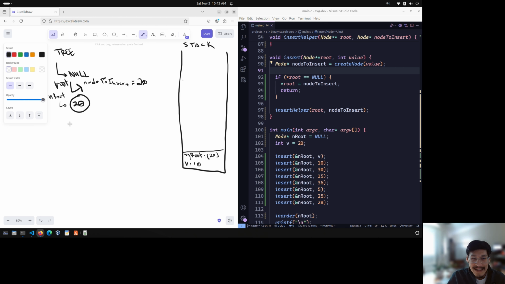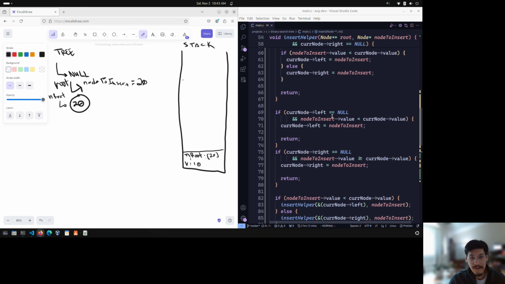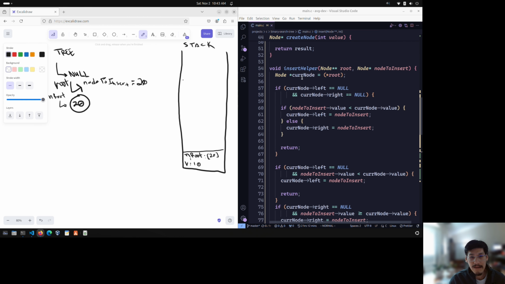So we call it insert, and well, root is now something. It's the 20. Okay, so we don't go to that null condition to set node to insert to be root. Instead, we're going to go to insert helper. So we go insert helper, and then now we pass in that root. Okay, sure. We find that, okay, the left side is null, and also the right side is null, given that